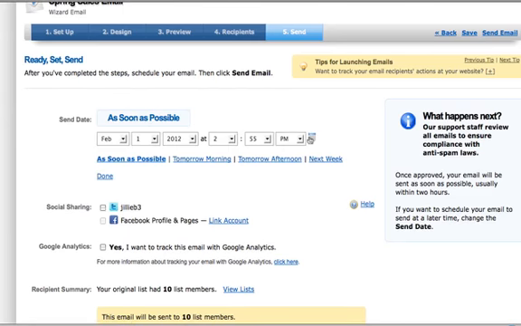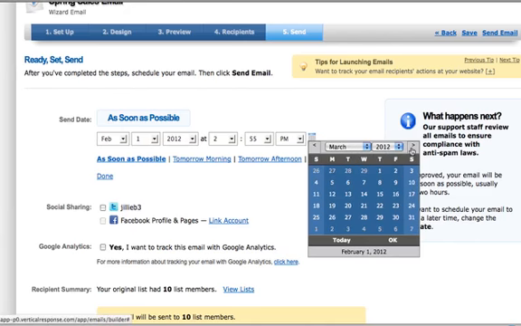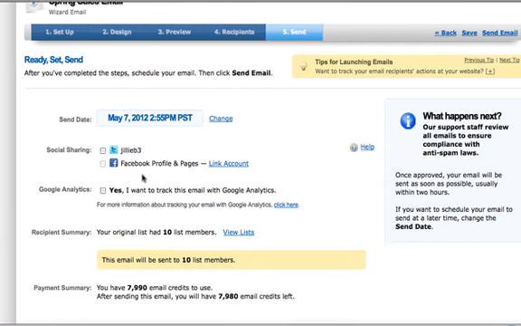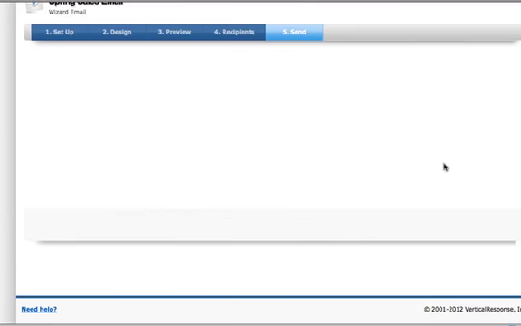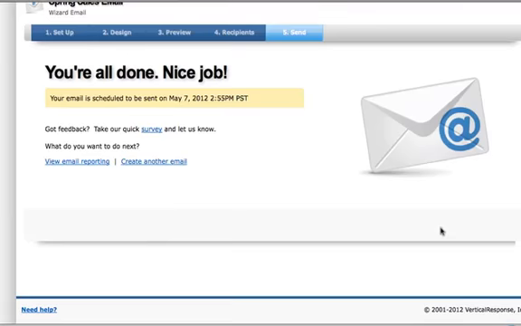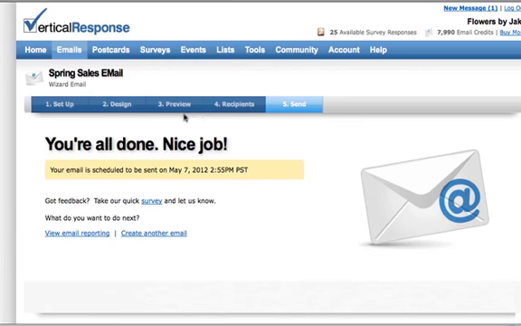The default is as soon as possible, but you can schedule the email to go out up to 4 months in advance. You can also share your email on social media platforms if you like. There is an integration with Google Analytics. Once everything looks good, click Send. And now your email will go out when you schedule it to go. Once it's gone out,